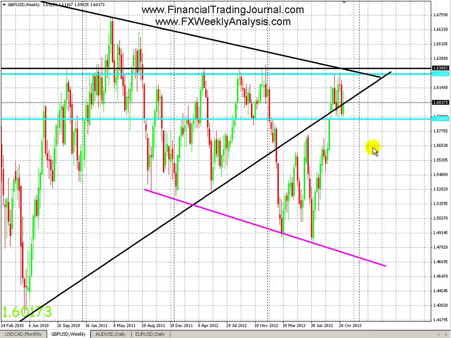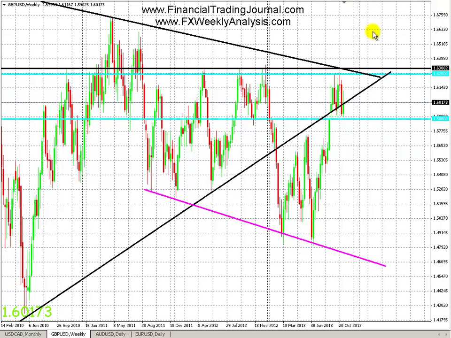The only problem with buy stops above the 1.626 area is we have the resistance at 1.63, that's a long-term resistance, and we also have the downward trend line as well. So that won't be a good trade if you trade it right above 1.626. The better buy stop would be above everything here, so somewhere in probably the 1.635, 1.64 area, which is well above all three of these resistances, because if it does break this, then it